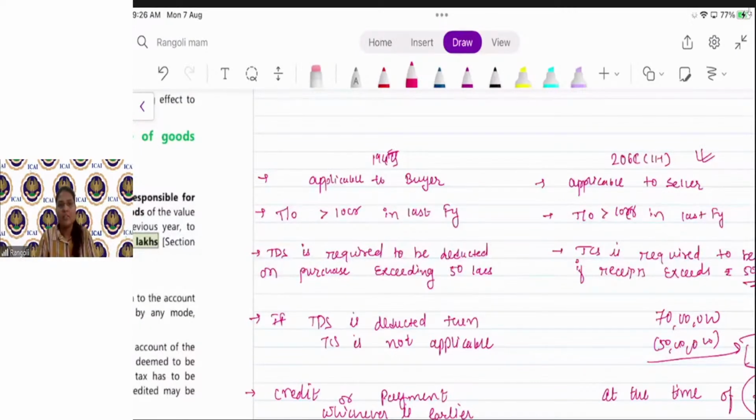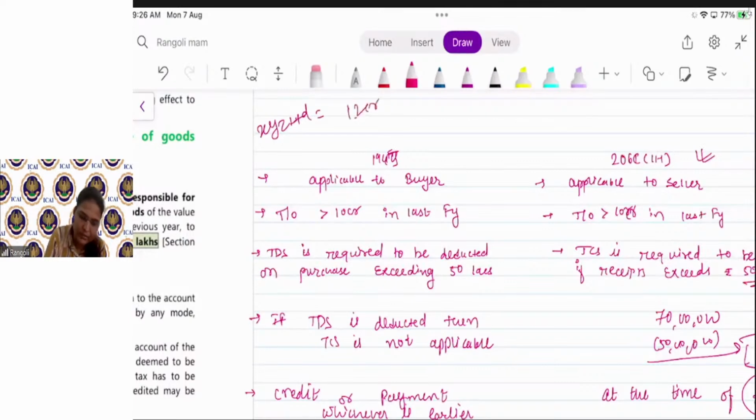And if the buyer is purchasing goods of more than 50 lakh from a particular seller. So say for example, XYZ Limited purchased goods of more than 50 lakh from Reliance, and the turnover of XYZ Private Limited